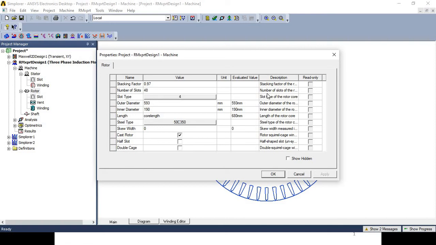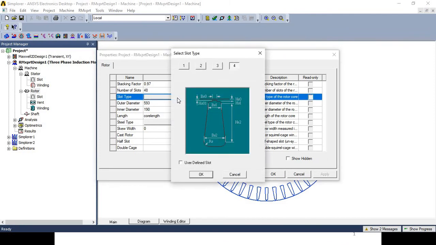Then in case of the slot type, you are having the different options regarding that part we already discussed in case of the stator also, that is different geometry like 1, 2, 3, 4 you can select, and according to which you have to understand the meaning of the terms like HS0, HS01, BS1, HS0, HS1, HS2, BS2, RS, etc. and according to which you have to select the geometry.